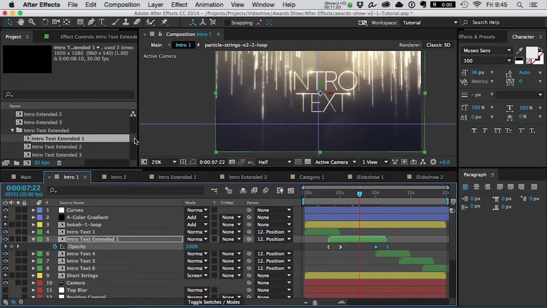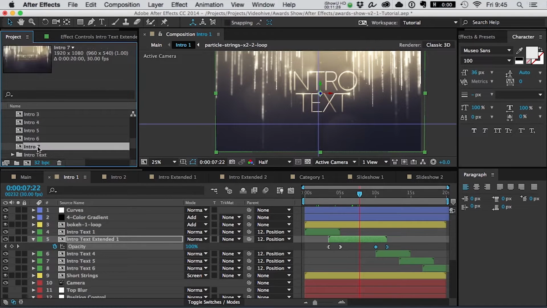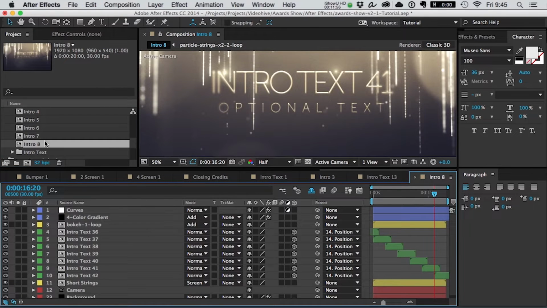Now, a lot of people are going to ask with this, how do I add another intro onto the 7 that we already have set up? Say you want it to go up to 10. You can definitely do that. And this kind of goes for the slideshow as well, and the generic text moments, that if you want to create more modular elements, all you're going to want to do is go to the last setup comp and hit Command D, and that will duplicate it, or edit duplicate, and then double click into there, and you'll see that